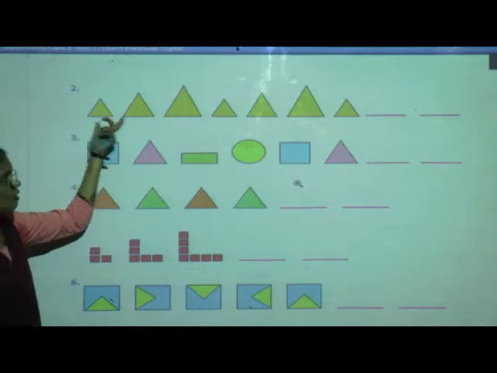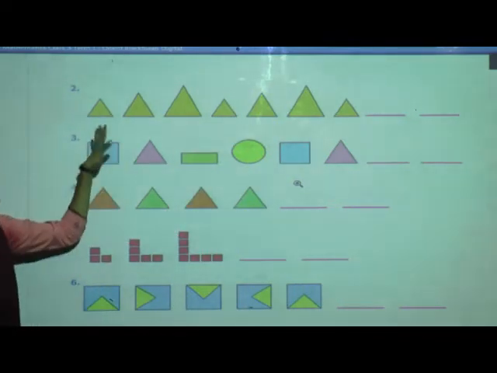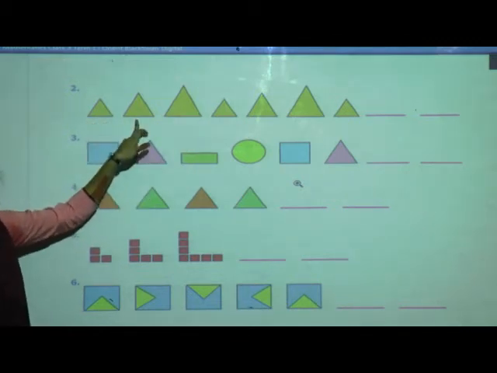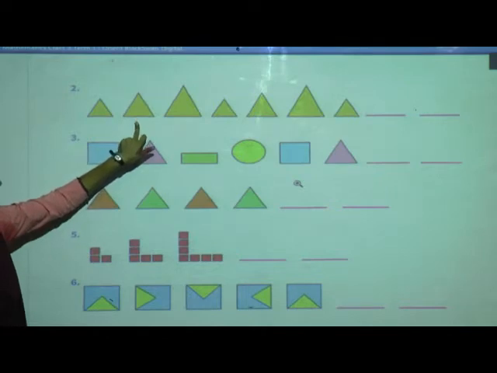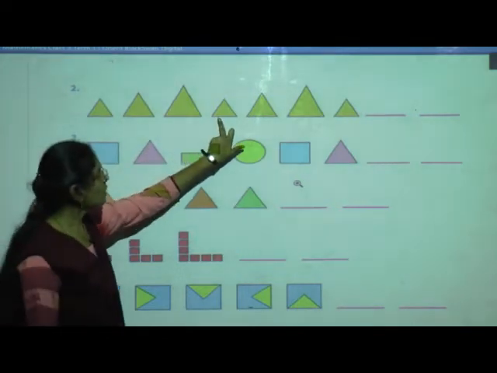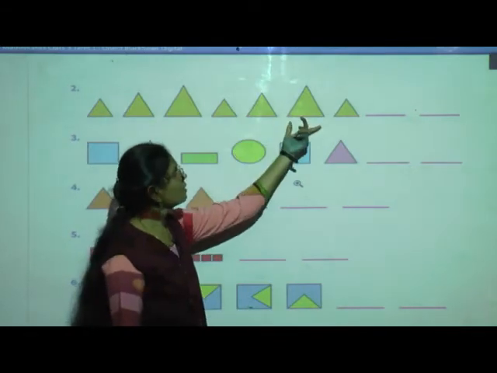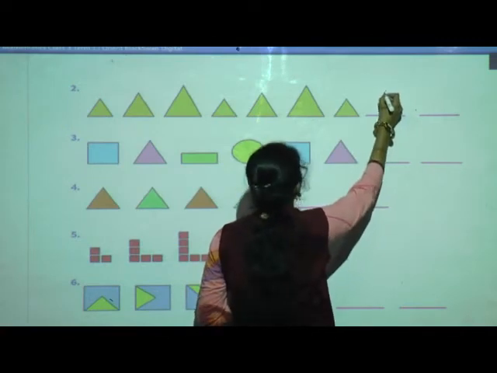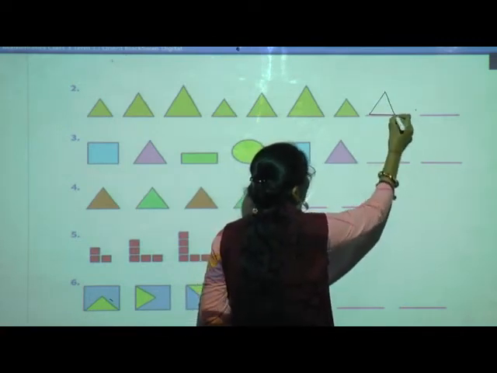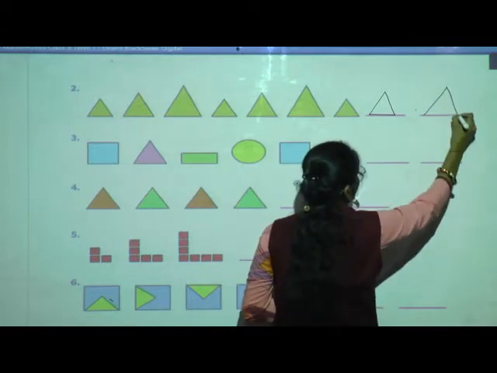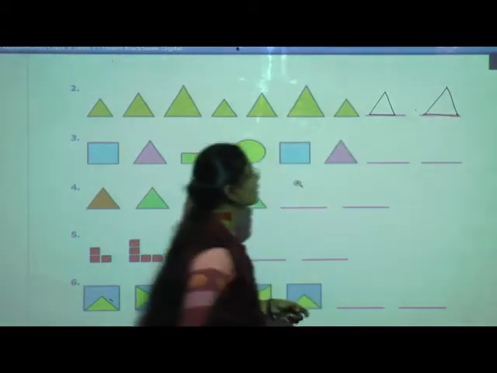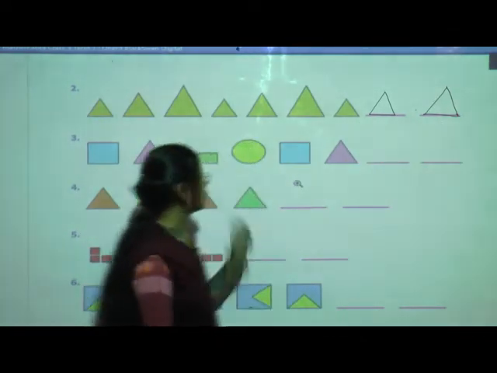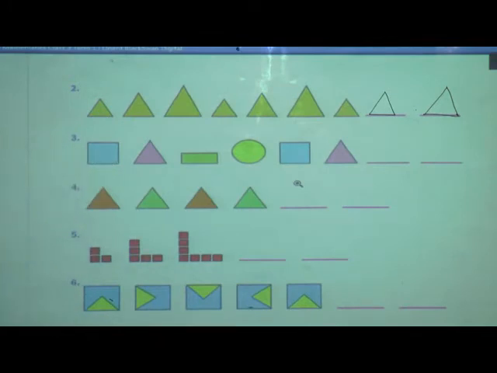Okay, so see, the colors are same, but only here they have changed the sizes of the triangle. Small, then a little bit medium we can say, and this is large. Again small triangle, medium size triangle and bigger size triangle. Then here small, then here which triangle will come? Yes, medium, and here big triangle will come. Okay, you have to draw this triangle a little bit bigger than this triangle and color it with yellow color.